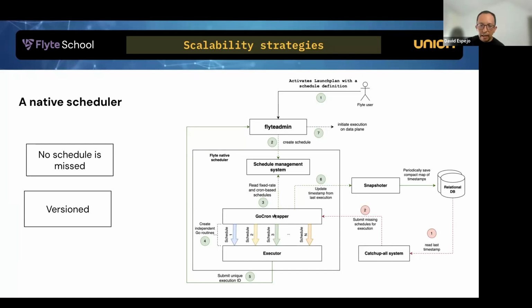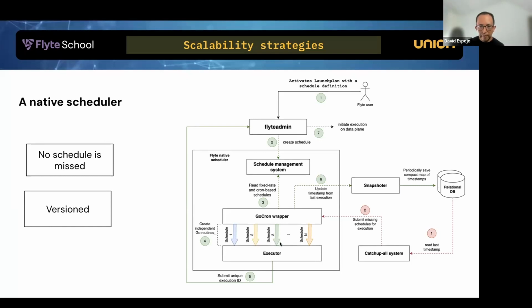And the next thing it will do is create a Go routine per schedule. Again, Go routines are here, and you already saw how cheap they are in terms of resources, right? So it will create an independent Go routine per schedule, so you can have a massive number of schedules